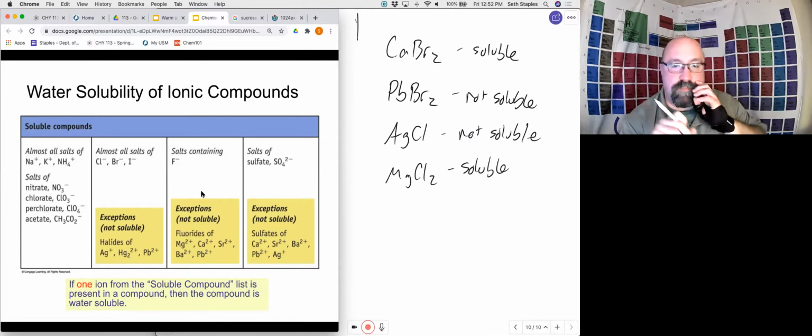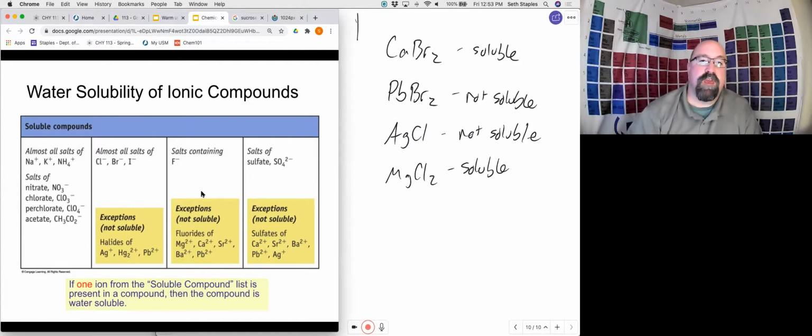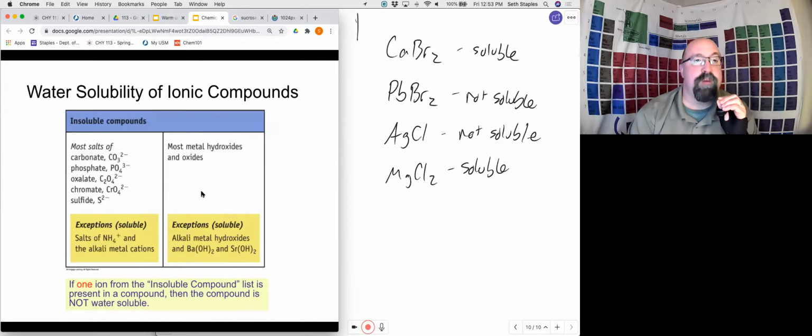Or lead. Then it would not be soluble if it's a fluoride. Same with sulfates. If your anion is sulfate, SO4 2-, most of those are soluble, except if the cation is any of those that are listed. And so if you're trying to determine if a compound is soluble or not, then you would, again, identify what is the compound made of, and look for information on either of the solubility lists, either a soluble list or here's our insoluble list. And so, for instance, if I have a carbonate, if I have something that has carbonate in it, maybe I have